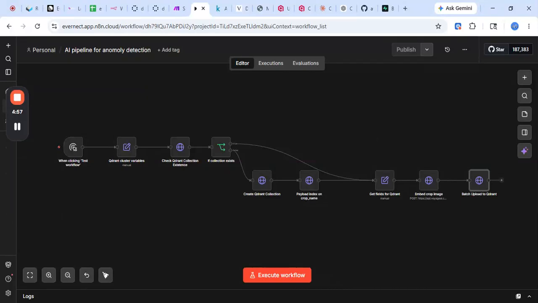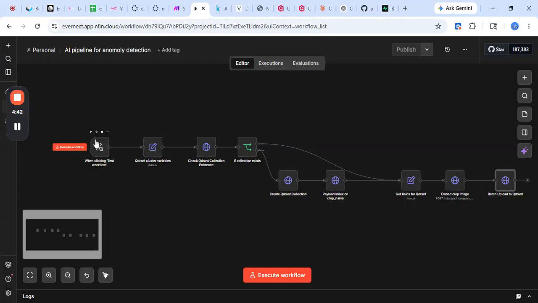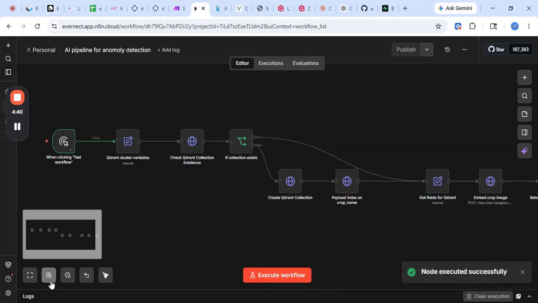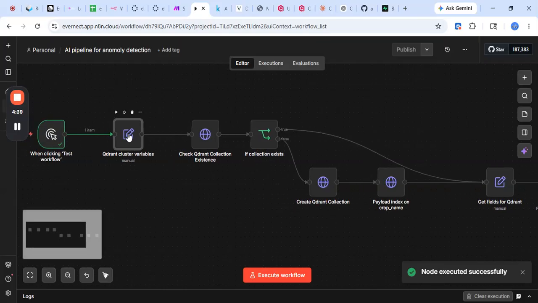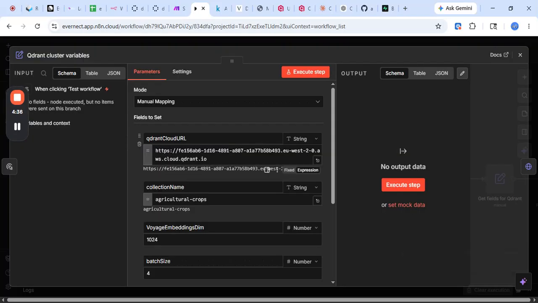Hi everyone. So today we are building a RAG system, but it's not basically for text. It's basically for images. So we are using Qdrant to store the embedding of images. So if I can show you, first we have trigger flow. Now we have defined environment variable. Now in the environment variable we are using Qdrant, and Qdrant is basically a RAG system, and it stores